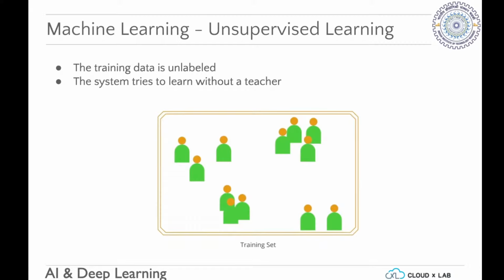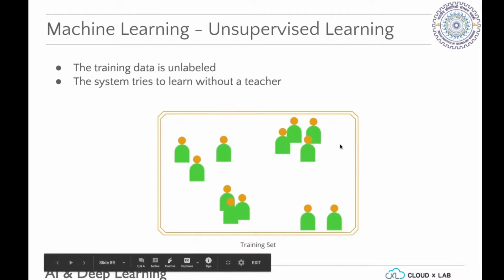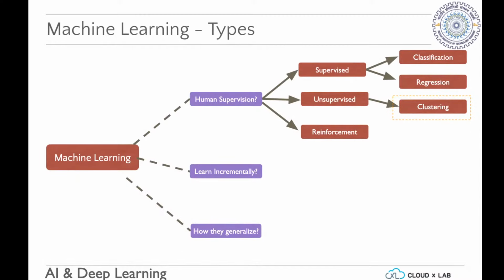In supervised learning, we had a data set which was neatly labeled. As with the spam classifier, we had spam and not spam. Here the data is not labeled. You just have data thrown at you, and it says, show me a pattern. There is no human intervention here, and the system just tries to find a pattern. That is unsupervised learning. You have a training set with no labels, it's just flat. One example of unsupervised learning is called clustering.